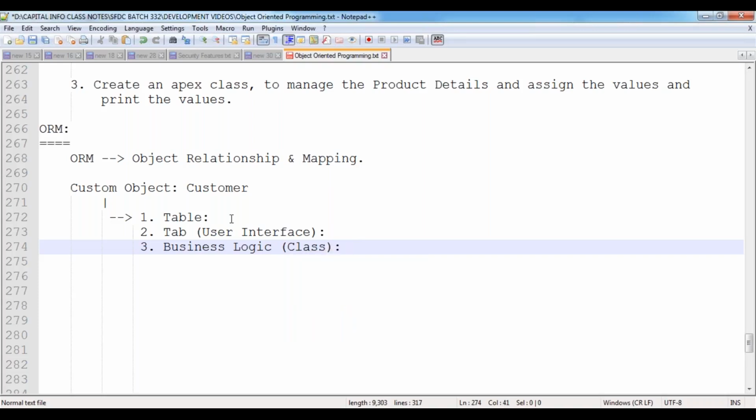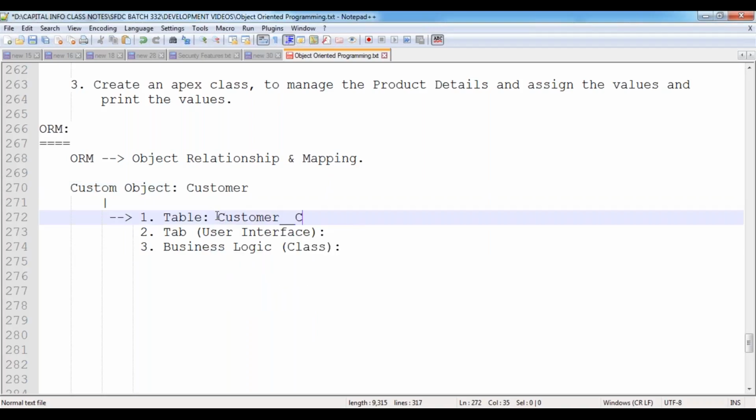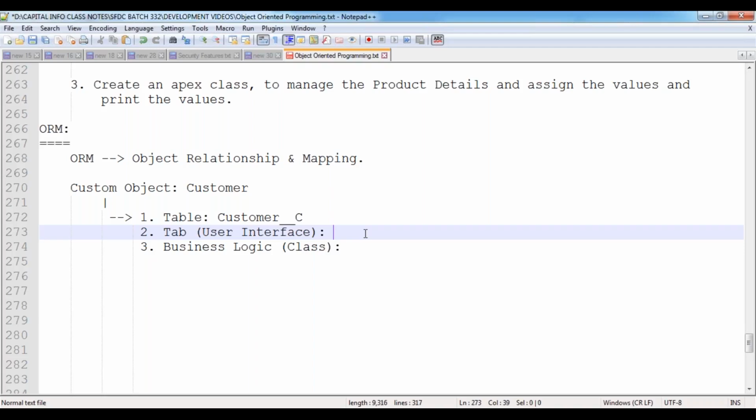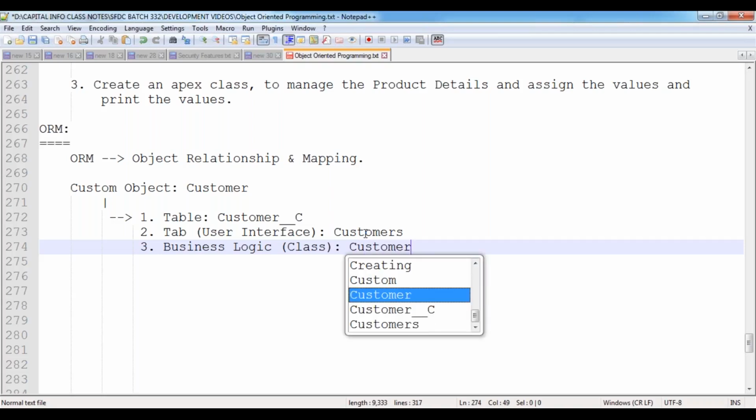Now what is the table name? I'm creating an object with the name customer. The table name will be customer underscore underscore C, because every custom object name is postfixed with underscore underscore C to indicate this is a custom object. C means custom. And then the user interface: what is the tab name? Tab name is customers, plural form. What is the business logic class? The class name is customer underscore